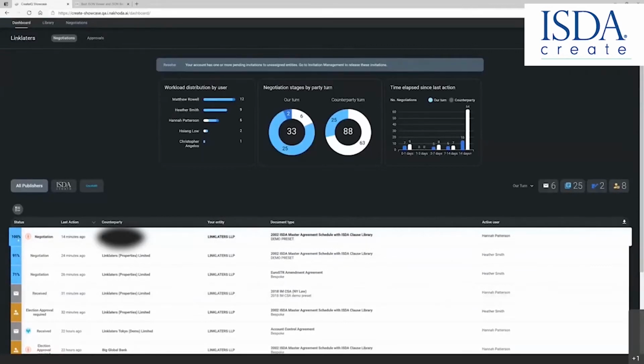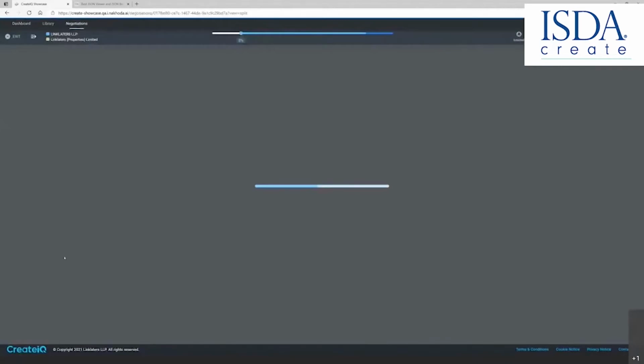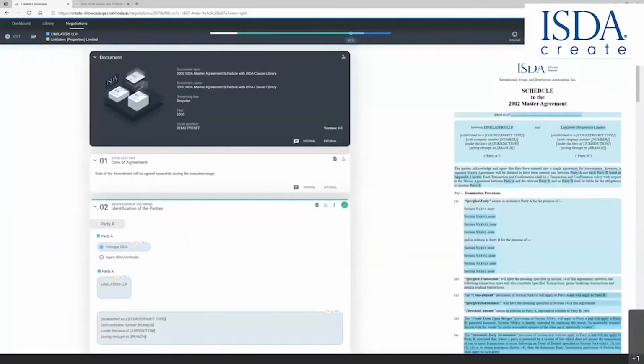And you can also see on the far left side percentages. These percentages indicate how far along a particular negotiation has moved and has agreed. So by clicking that relevant row, you can open that negotiation. And you're then going to come to a screen that looks very similar to when you're drafting the actual agreement, but it will look slightly different in that now, as it is moving between counterparties, here again is the percentage,